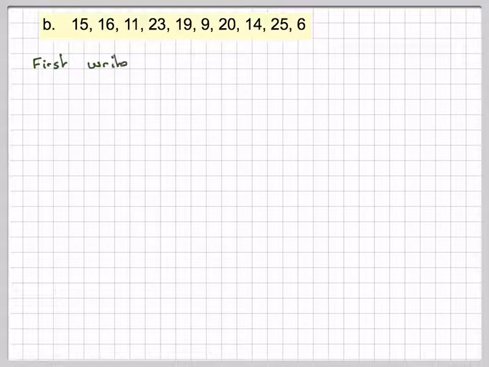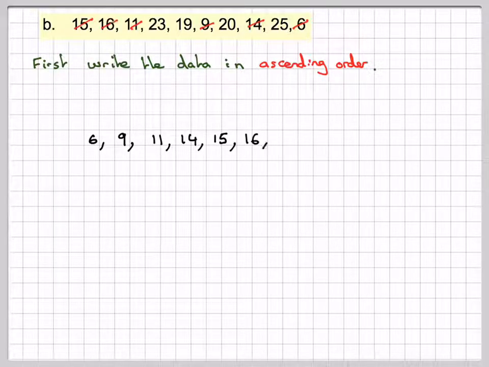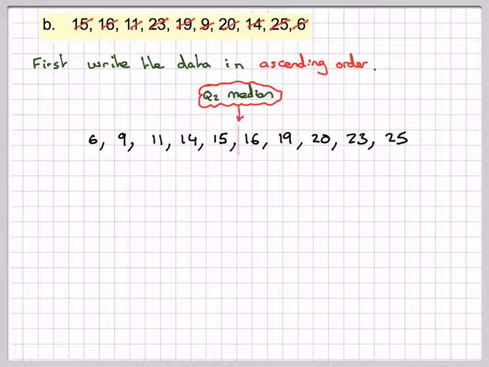Now we have an even number of items, so 10 items in this one. So putting them in order of size, 6, crossing off as we go along, 9, 11, 14, 15, 16, 19, 20, 23 and 25, and the median now is in between 2, so we've got 15 plus 16 divided by 2,